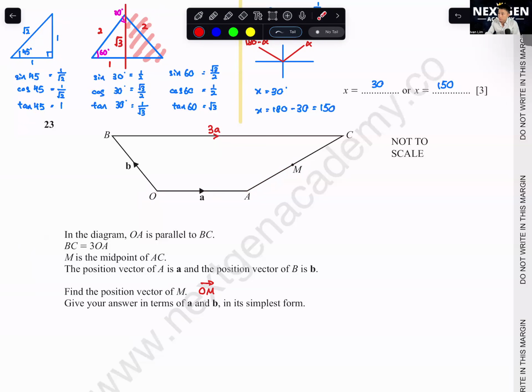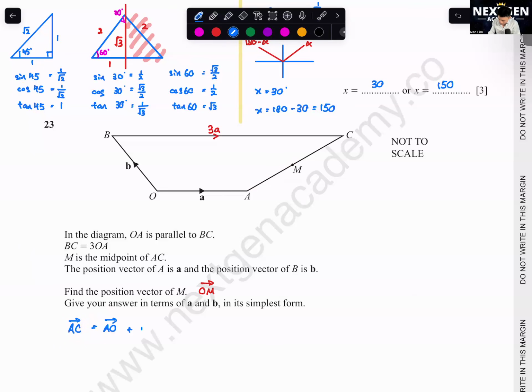We don't have AM. But how to find AM? M is the midpoint of AC. So can we find what is AC first? Okay, I think quite straightforward as well. So you find what is AC,